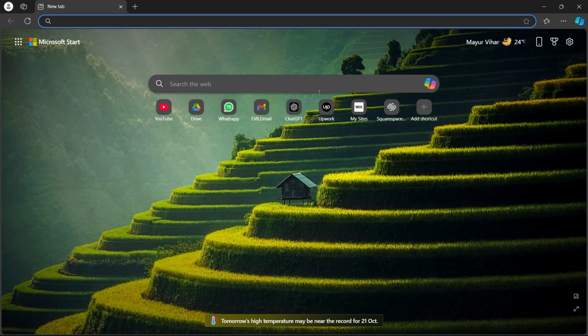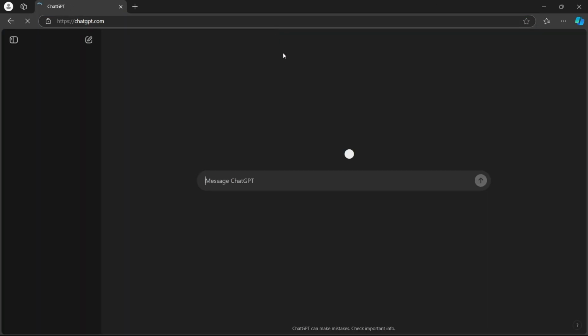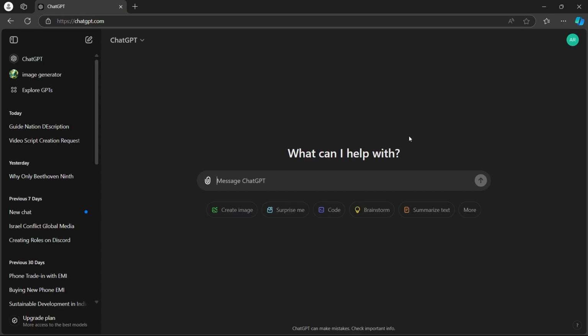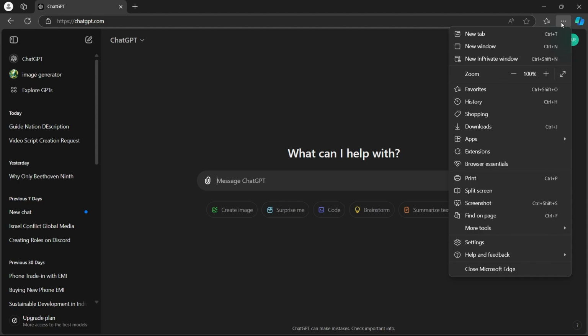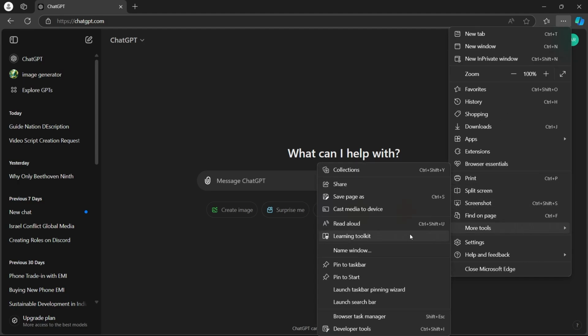In order to do this, first of all, navigate to any browser on a PC and open ChatGPT. Now, after you log into your ChatGPT account, you'll have to simply click on this three-dotted icon at the top right of the screen on your browser. Then click on More Tools and you will see two options appearing that say Pin to Taskbar and Pin to